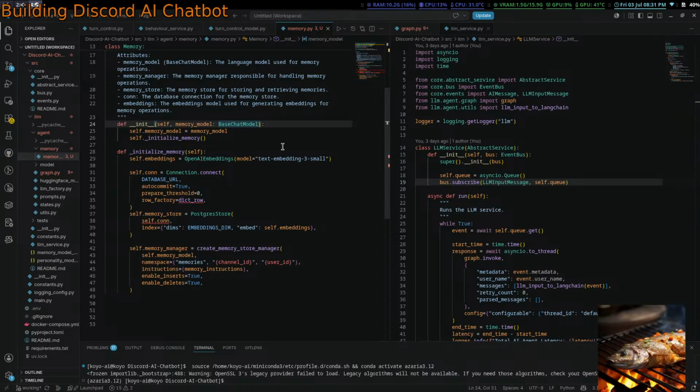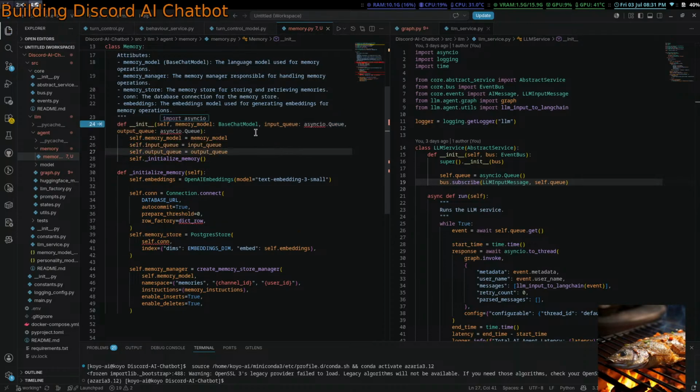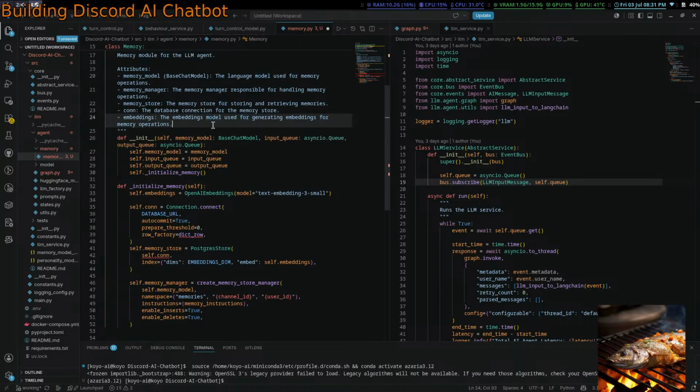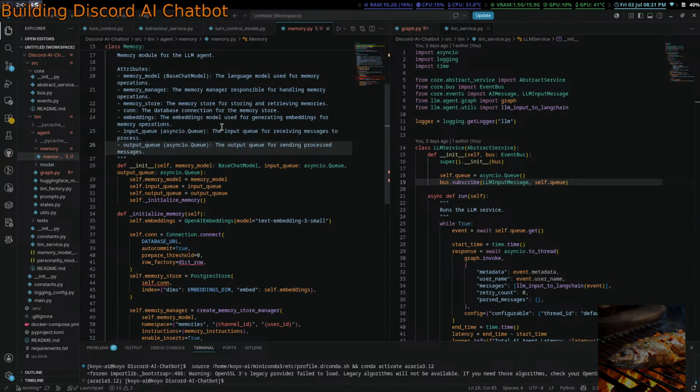Let me go input queue, asyncio.Queue, and output queue, asyncio.Queue, self.input_queue, import asyncio. Sending message, process messages for sending.